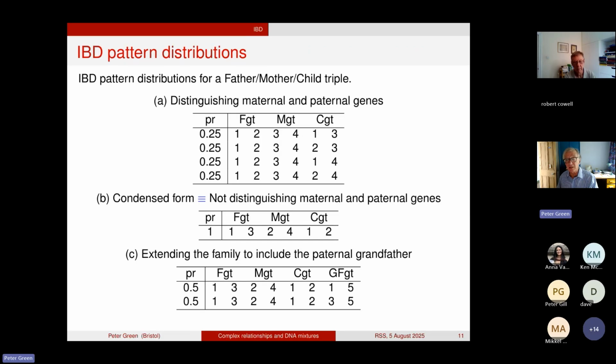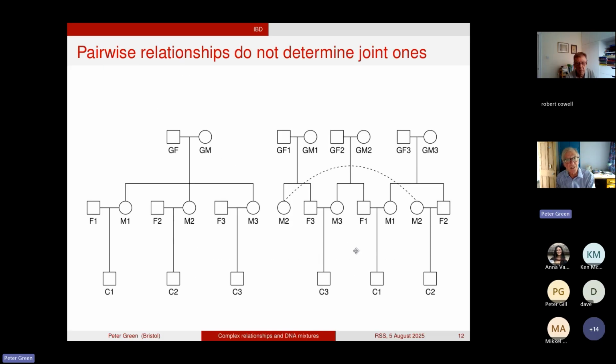Now, you may think, well, this is a lot of stuff for a very simple idea. We know how to quantify a relationship between two individuals through kinship coefficients and so on. But it's crucial to note that pairwise relationships do not determine joint ones. So here are two possible pedigrees for three individuals, all cousins of each other, pairwise cousins. They may be what you would expect, that these three children are children of three different mothers who are sisters